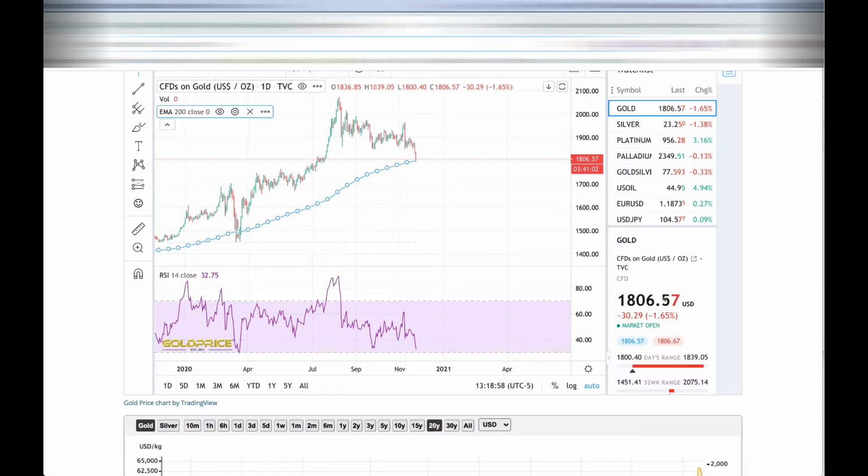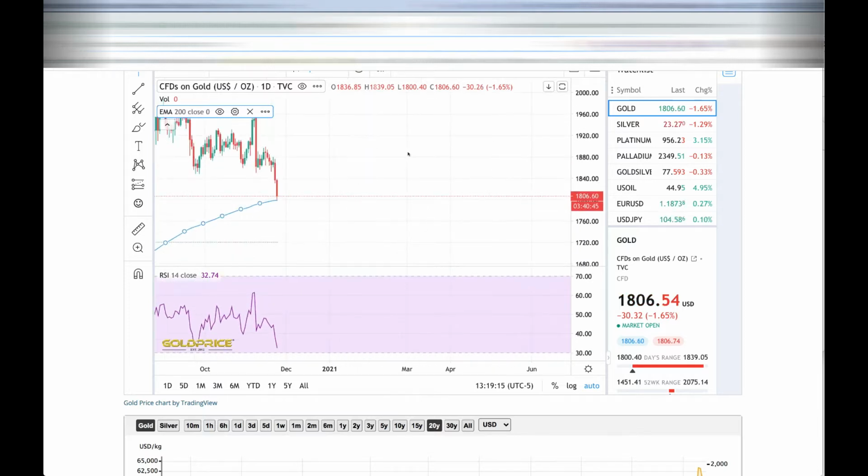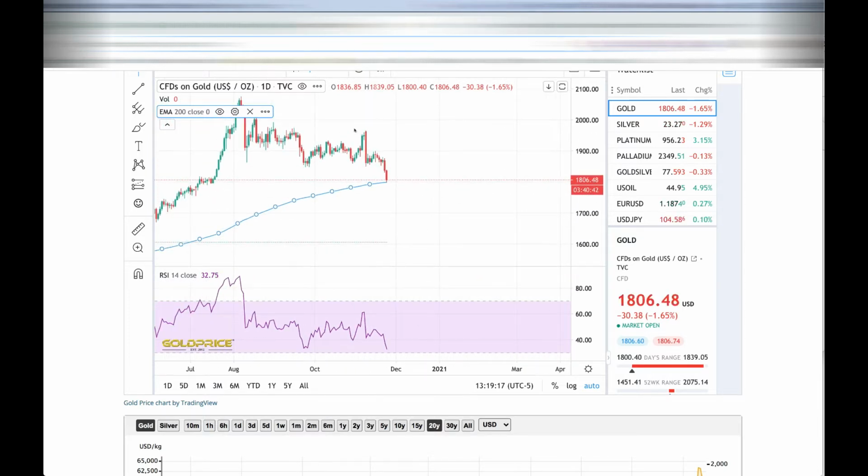We did a drop movement of $100 recently, a few days ago on the Pfizer vaccine news, where we were above 1900 and dropped below 1800. Then we did another big drop on the AstraZeneca vaccine news. So we got hit by a double whammy recently. And the reason I know it's not because of market action is that gold dropped not because of anything inherent to gold. It's because of external factors.